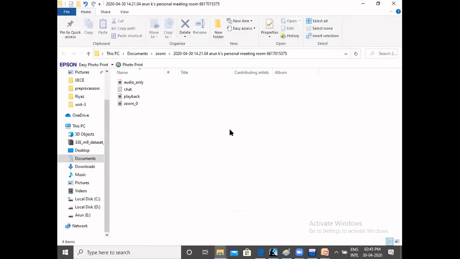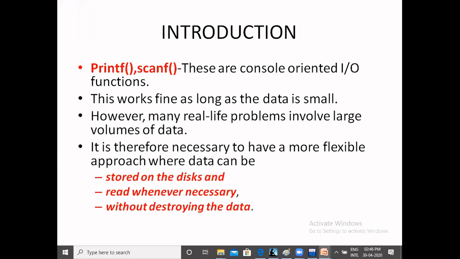What are printf and scanf? printf prints some information from the memory to the screen. We can print a string, your name, or information from variables. The variable may be a single variable, array variable, structure variable, or pointer variable; any type of variable we can print on the screen from the memory location.